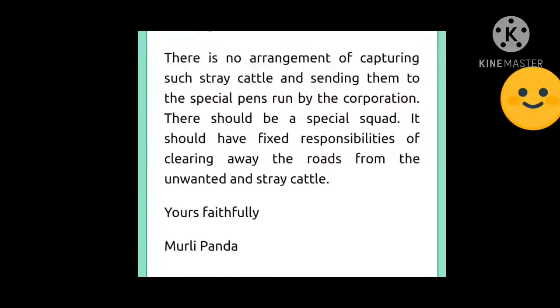Yours faithfully, that is subscription, and you are signing in the name of the person. So, we completed the letter. So, in this way, if you practice many letters and if you write them on your own, then you will be acquainted, you will become familiar with some common phrases and expressions or structures to be used in the letter. That's why you need to practice either in writing or in reading also.